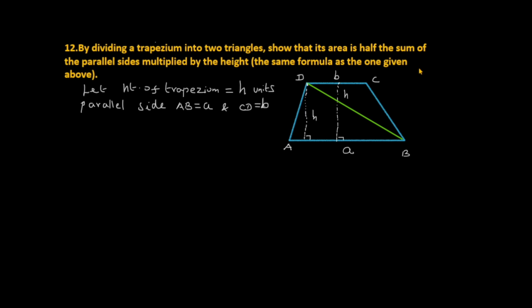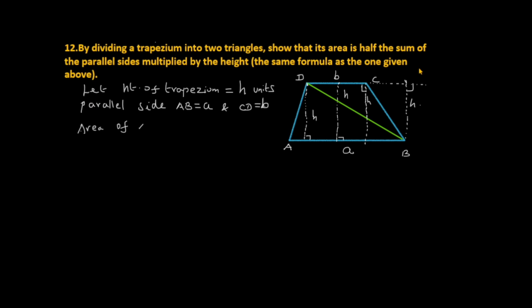That is the height of ABD. Suppose we drop the perpendicular here, this is also H. So for both the triangles, otherwise you can extend here and get the height of the triangle BCD. So this is H. This is the height of the triangle. So now